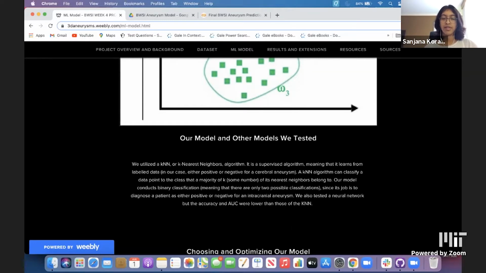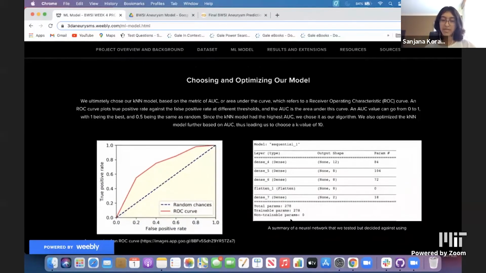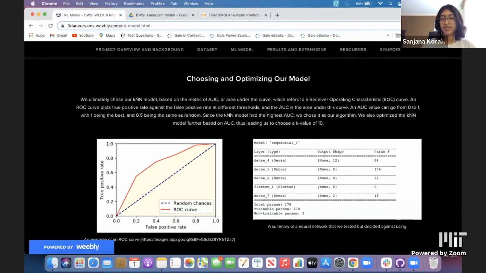And in that case, that was either positive or negative. And we also tested the neural network. If we go below, we can see on the right, there's an image of the summary of our neural network. So in our neural network, we had 4 dense layers and 1 flattening layer. And with the neural network, we actually got a pretty high AUC of